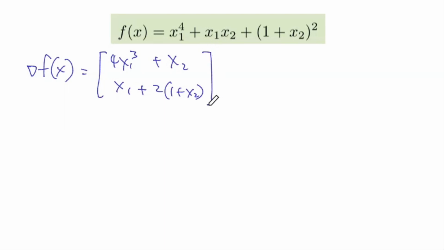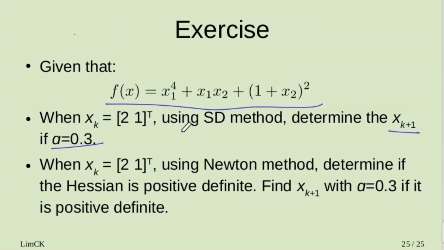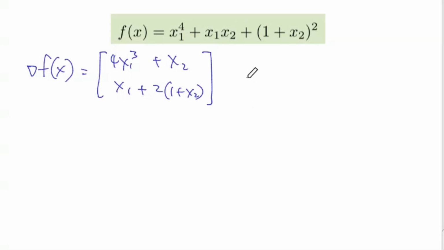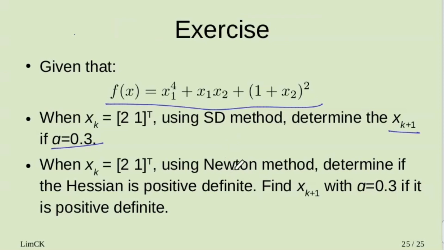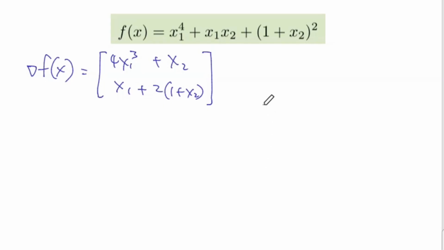Okay, so this is the gradient of the function. Even though it is not required for this part, I will also find the Hessian, because for the second part, the Newton method, we need the Hessian. Now the Hessian is,